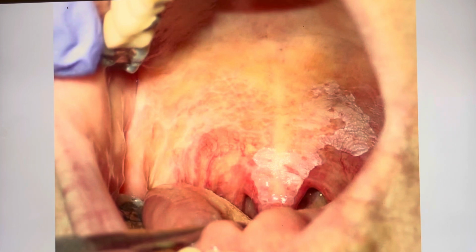As you can see here, you can see again that lacy pattern of lichenoid reaction. And here you see hyperkeratosis, or thickening of the mucosa. I've been monitoring him and still he's showing mild features like this. This case was interesting because it was a combination of two conditions. Both of them I have talked about in previous videos.